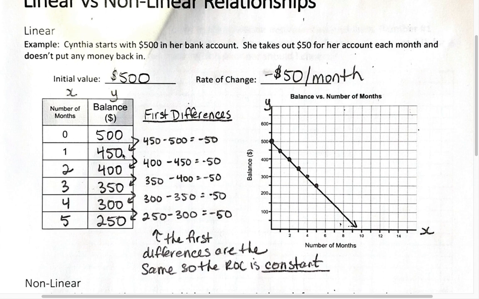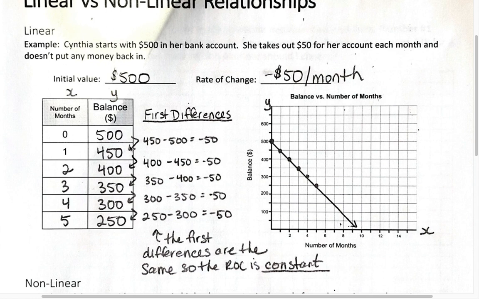If I take 450 and subtract 500, I know that it has gone down 50, so I put minus 50. If I take my 400 and subtract the number above it, which is 450, I also get negative 50. 350 minus 400 is negative 50, and so on. I call these numbers, the negative 50, which is basically my rate of change, the first differences,